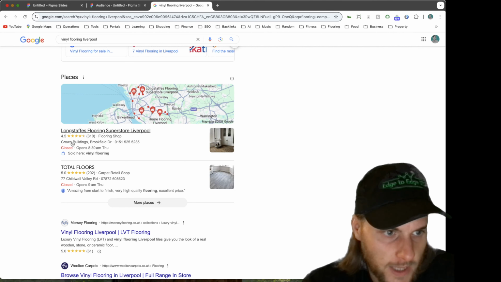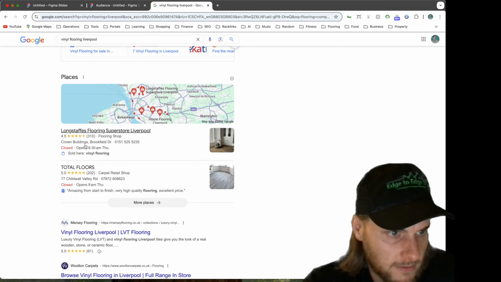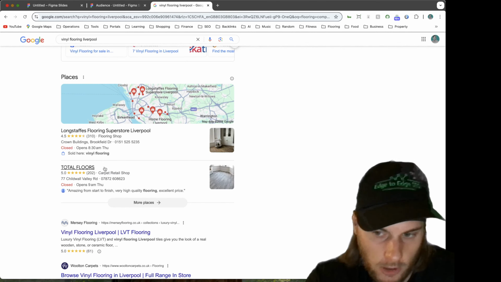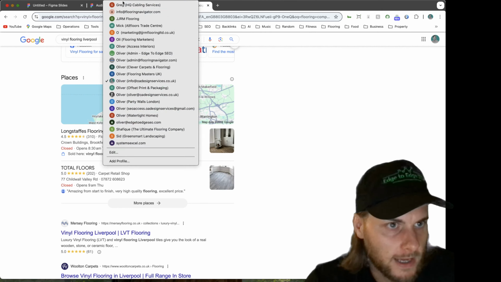a test where they were testing to see the Google Maps ranking shifting, and it was non-stop shifting throughout the day. So for example, the people that are in number 1, they dropped to like number 3, 4 or 5 at certain times of the day, and then they went back up again. And then also, looking at the different times that the different companies are open, I think Google looks at that and it shifts your rankings around depending on whether you're open or not, and all of that kind of stuff. So where was I?